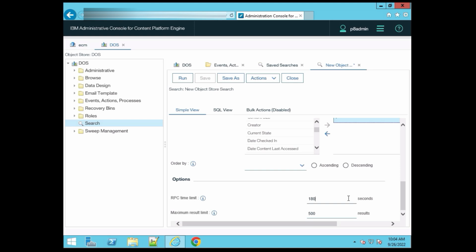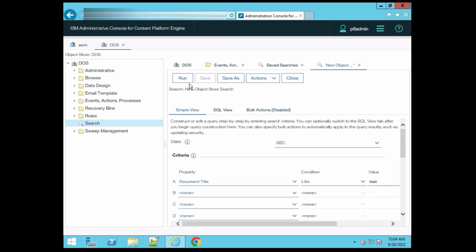maybe a thousand, or 20,000 or 50,000 or so. So at that time, it works based on a time limit. Within the time limit, say 180 seconds, it fetches however many documents it can. This is the maximum time limit, and this is the maximum number of results shown at one time. So only 500 documents will be searched at one time. You can increase this value, that's not an issue. So for now,